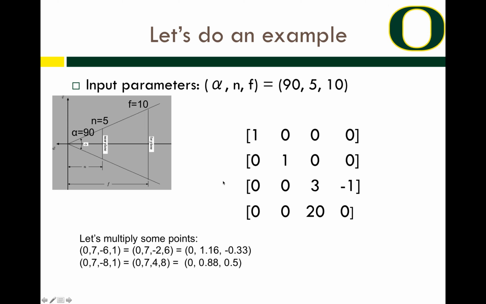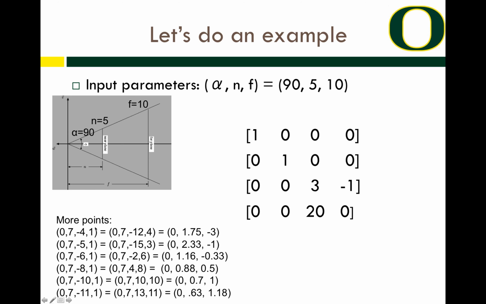And that's because we have a 45-degree angle, and so anything where the y is less than the z is inside, and anything where y is bigger than the z is outside this 45-degree angle, the line y equals z. So here's some more points following that same idea: 0, 7, -4, 0, 7, -5, all the way up to